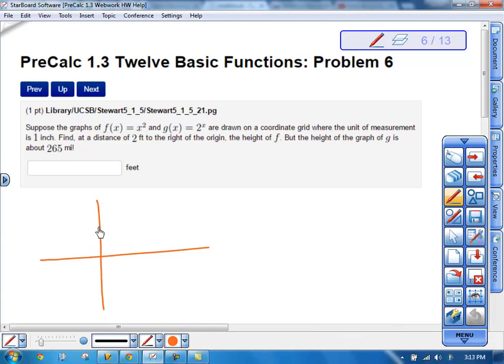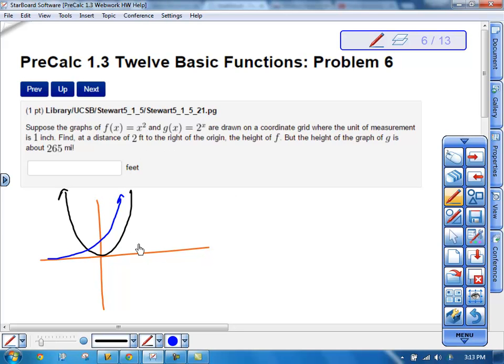Okay, so we have two functions. We have the quadratic, and we have the exponential function. And the exponential function grows really fast. Okay, so it gets really steep and goes straight up, and my graph doesn't show it that well. But if you plug,